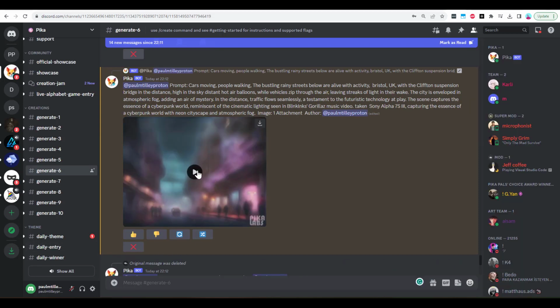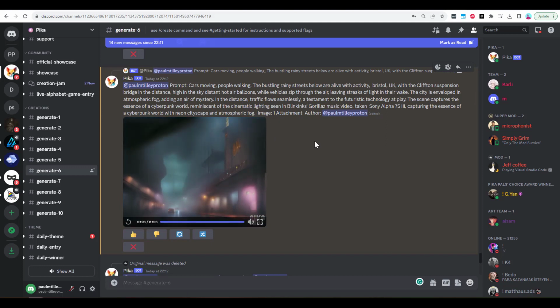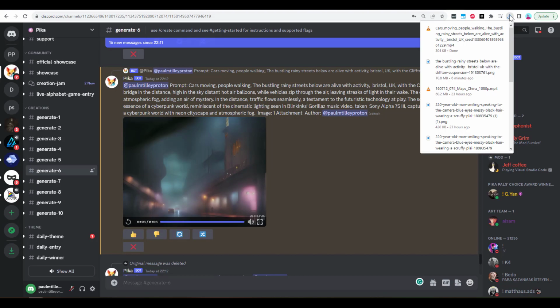Okay, so it's generated another one here, so let's have a look at that. I really like that. The car's moving, people are moving. There's that weird thing going on there, which I don't mind because I think it adds to the weird aesthetic of this. So what I'm going to do, I'm just going to download this, and that's going to be the first